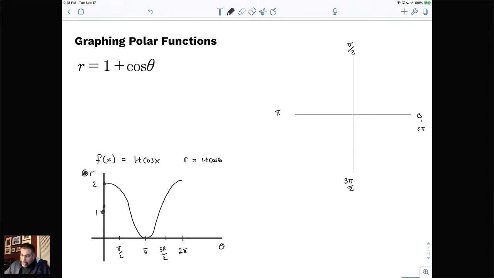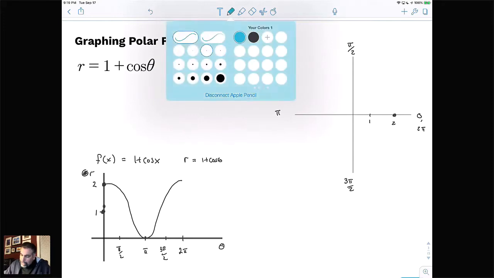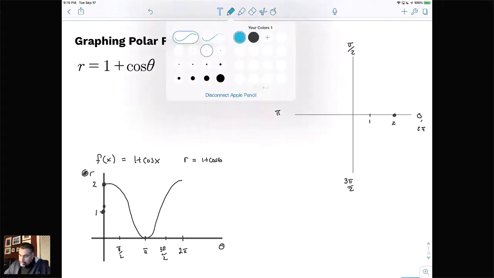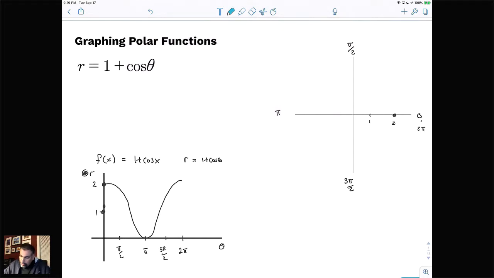So when I start talking about the point (0, 2), that means to rotate 0 degrees and walk out 2 steps. So all I'm doing is going 1, 2, and I'm putting my first point right there. So that corresponds to this point right here. So from here, I'm going to try to chunk this a little bit. And what I mean by that is I am now going to follow the graph